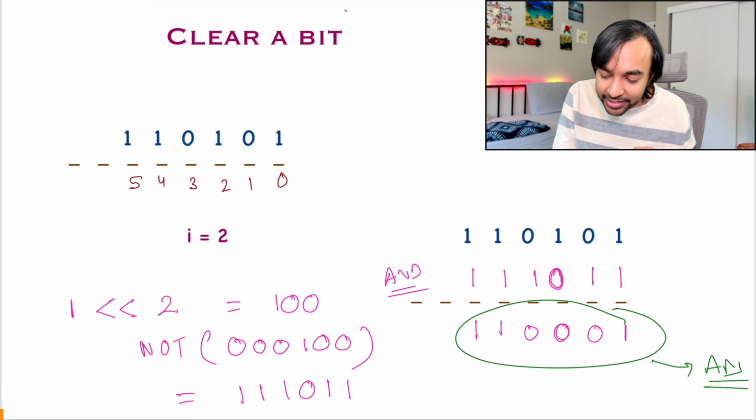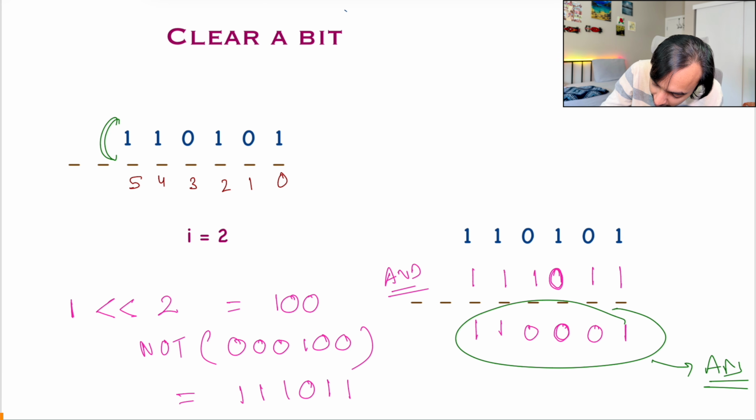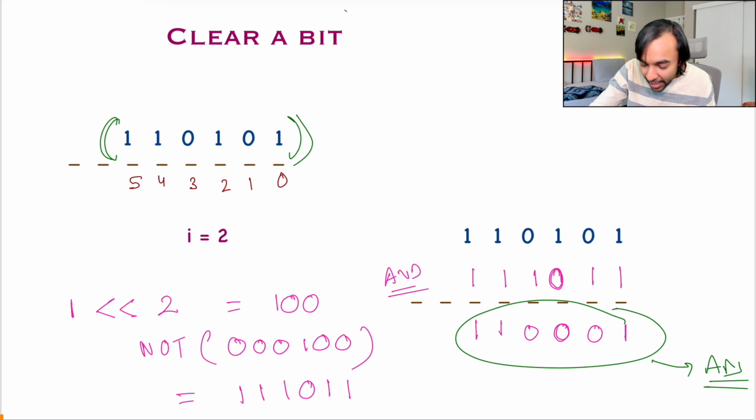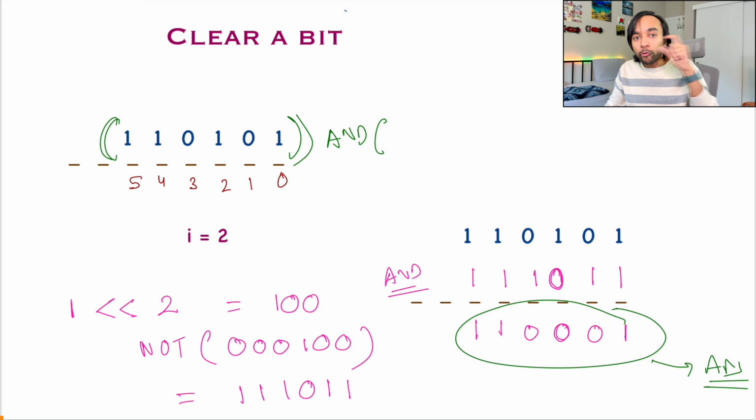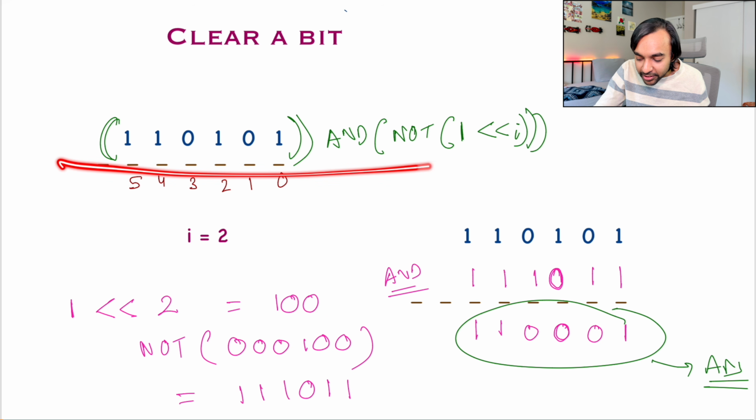So, is it safe to say that if I have to clear a bit, I take this particular number and then I AND it. What do I AND it with? I AND it with NOT of 1 left shift i. That's it. If I do this particular calculation, I will get my answer. So once again, no need to write a loop or any lengthy function. You can simply return a one-liner and that way you can clear a bit. We have now set a bit and we have now cleared a bit. So what is the